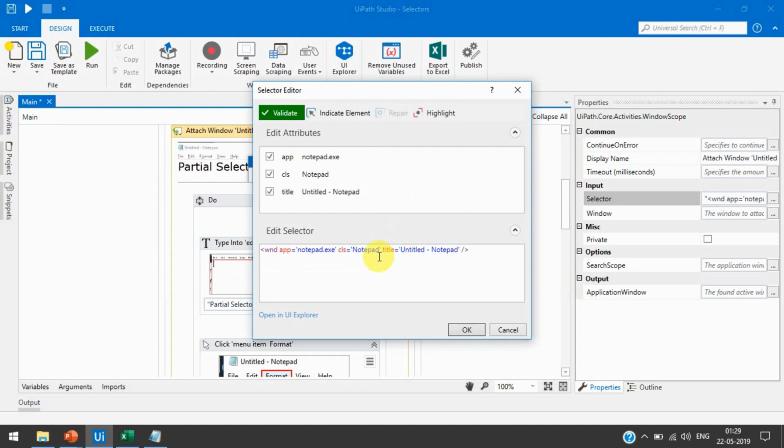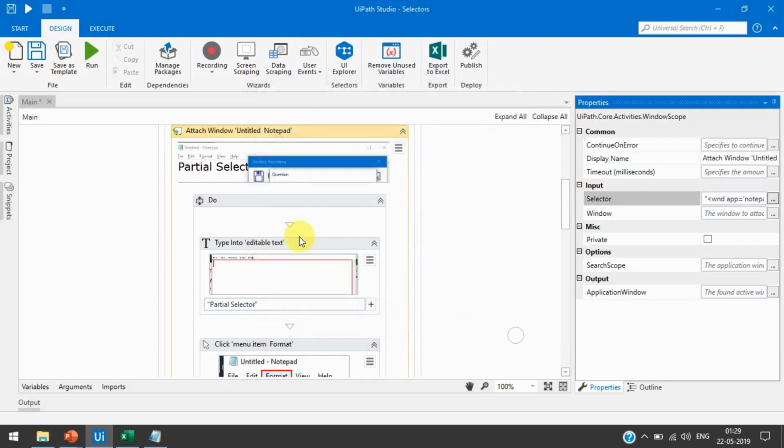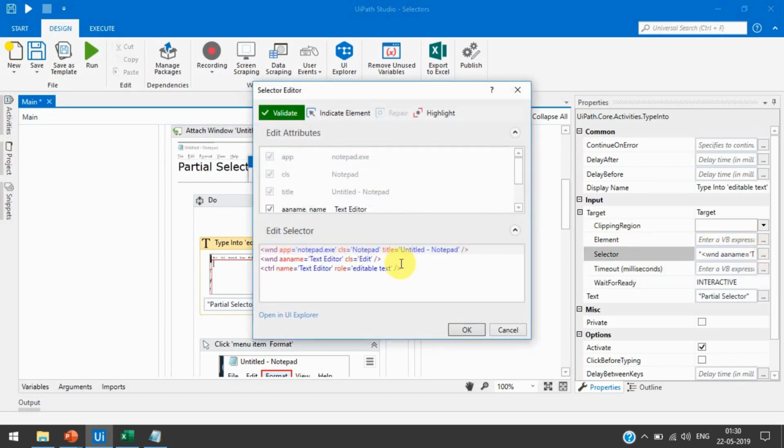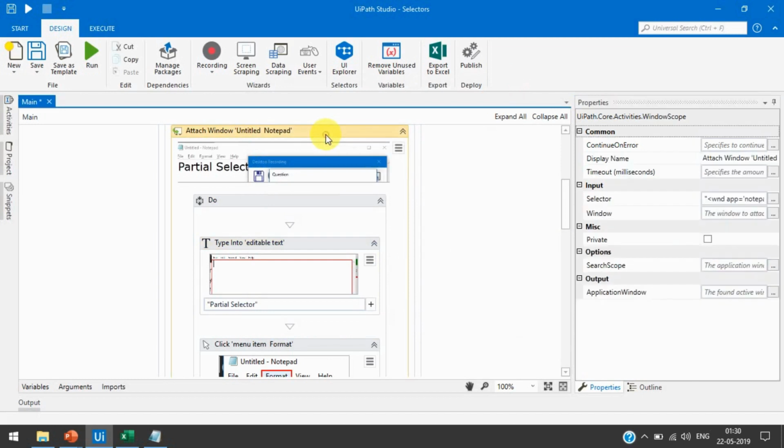If we go to another activity inside the attached window, we will have the rest of the selectors. Here you will see this window app, the top level element, is not editable. Here also you cannot check, you cannot uncheck, because this top level element has already been used in this attached window container.